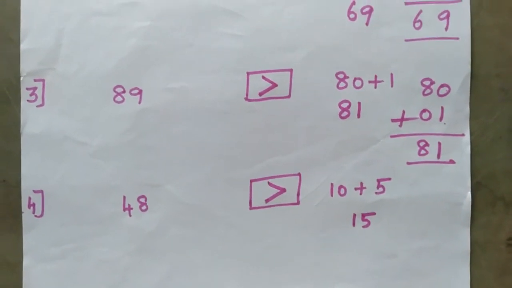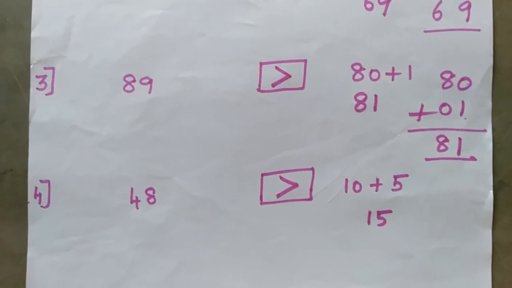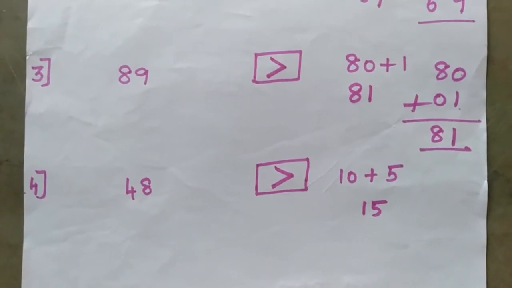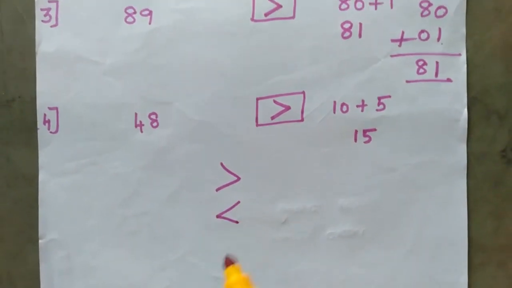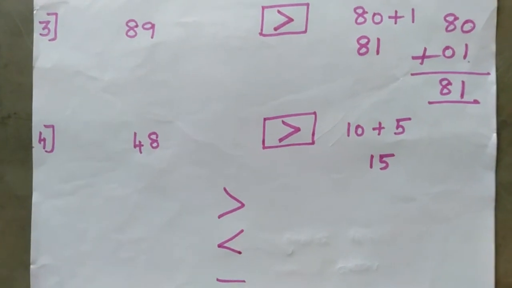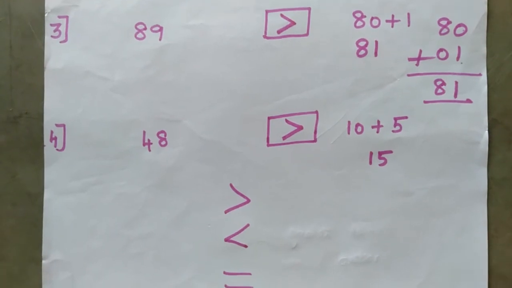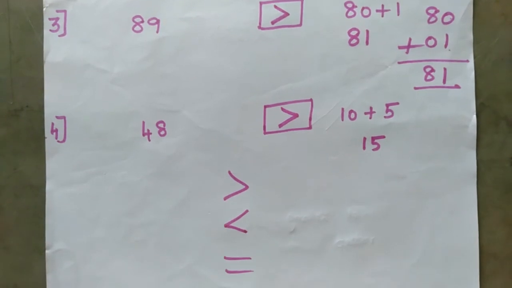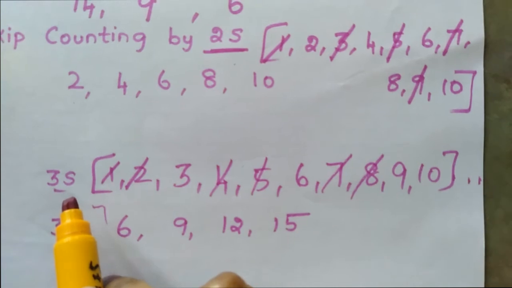Okay, understood? So today what did we study? In comparison of numbers, and what else did we study? Symbols, right? We studied symbols. 3 types of symbols are there: greater than symbol, less than symbol and equal symbol. Like that we studied, and we saw more example sums, right? So you have to write, again and again you have to practice. Okay, students? Okay, thank you. Bye-bye.